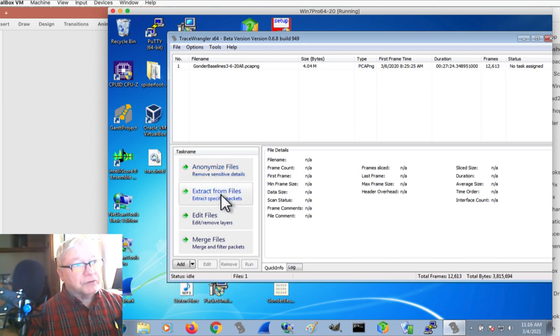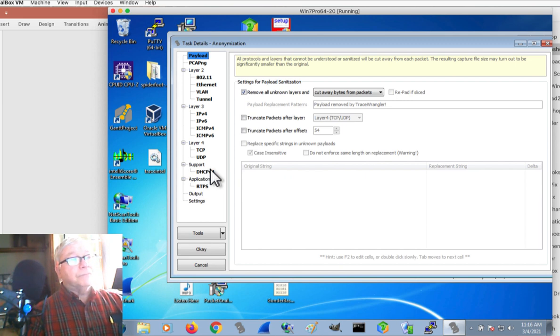Here's one called extract particular packets, edit files like remove OSI model layers, or merge files, put files together, and filter packets. We're interested in anonymizing, and when I click on that, I get a set of links over here to various layers of the packet, the OSI model layers: application, support, layer 4, layer 3, layer 2, and then I can choose, if I don't care to take the defaults, what it is that I want